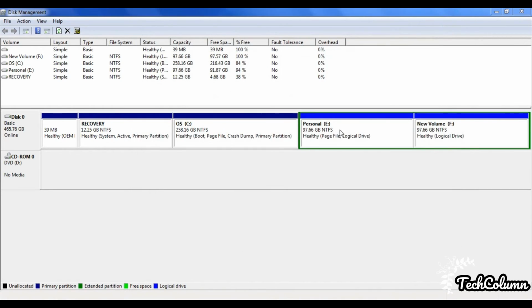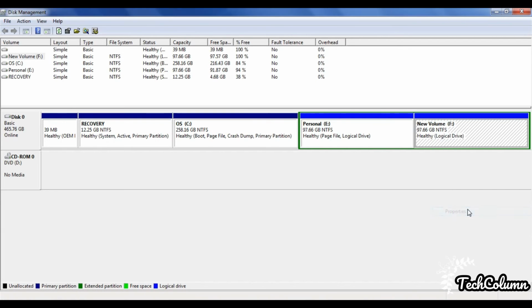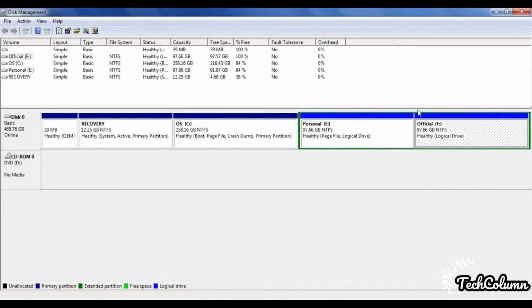Now you can also give a name to this drive. You can say something like official, and click on OK. So the same is changed everywhere, official, official.